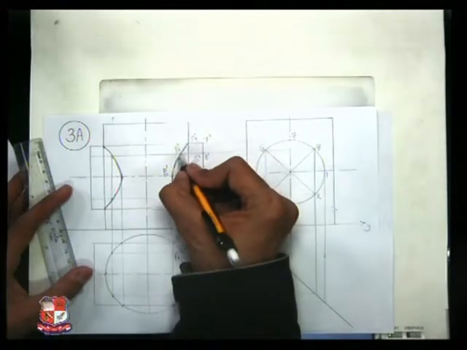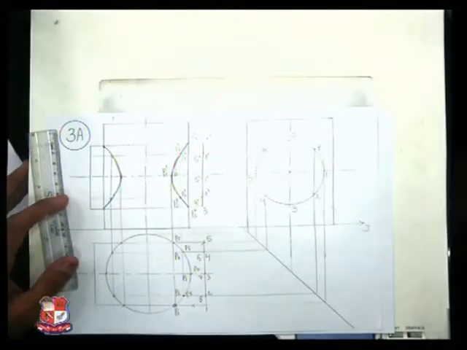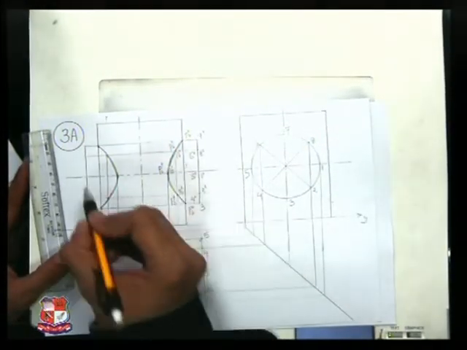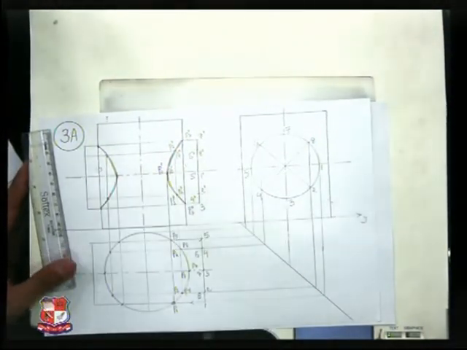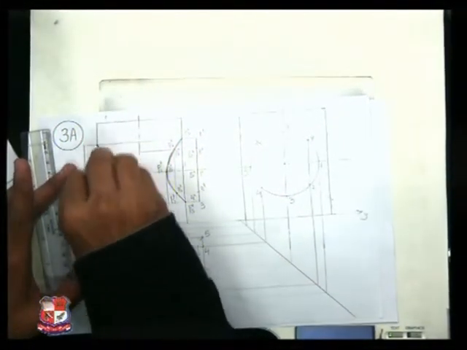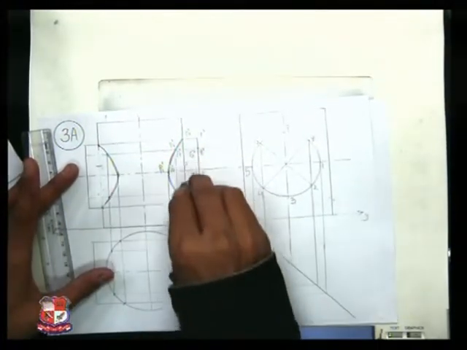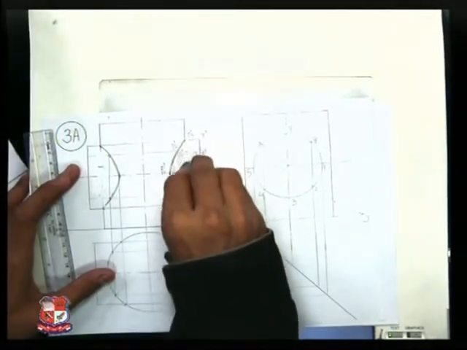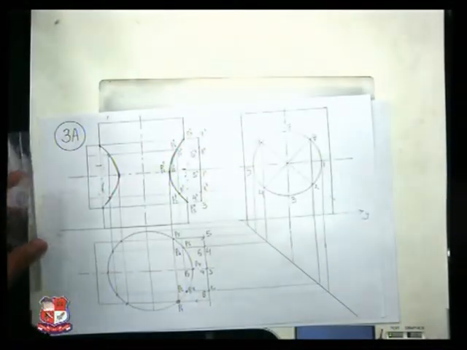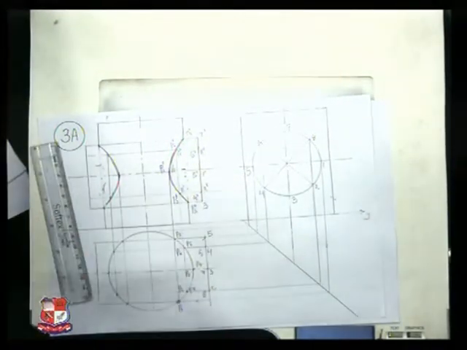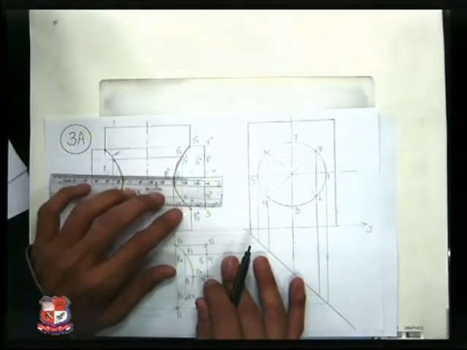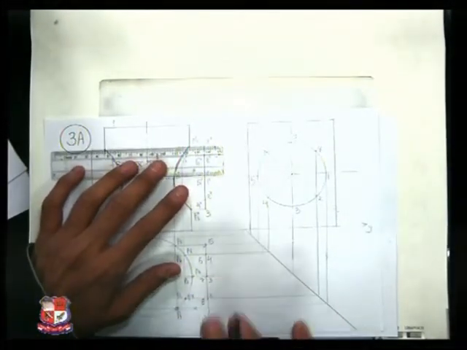After drawing this curve of intersection in front view, let me think about the position of edges. As this edge as shown over here, it's a trimmed edge, it's a cutout edge, hence that would not be visible, and we can trim it, or we have to erase that portion because that edge is not visible in front view, and it is cut portion, so edges is not there. Similarly, this horizontal edge, this one, this edge from here to here, it is present there but it is not visible, hence we have to show that edge with the dotted line.